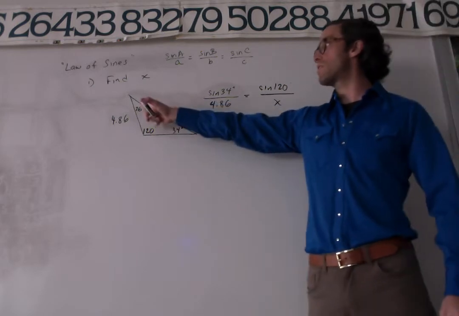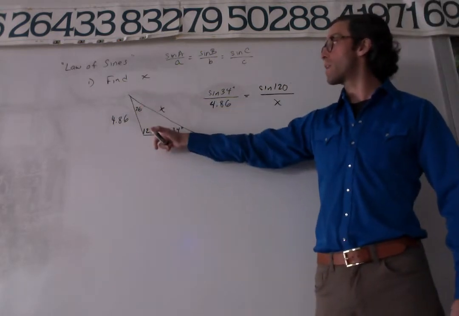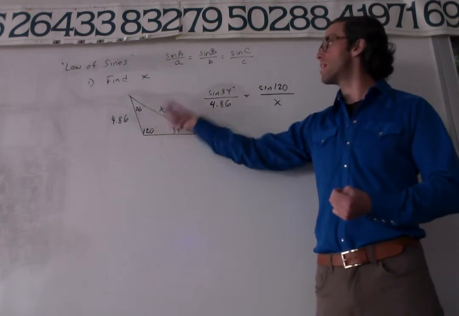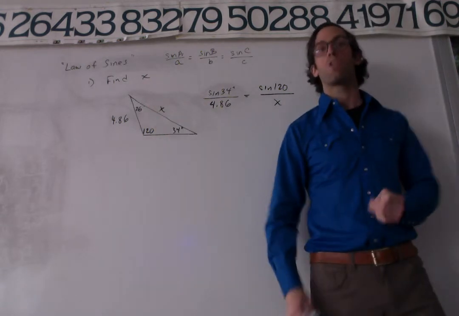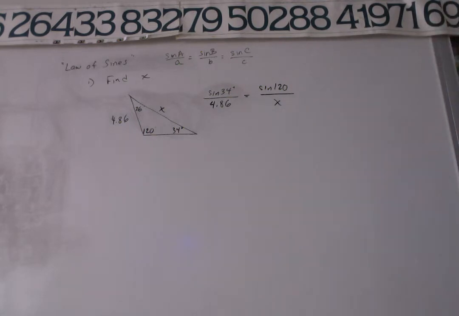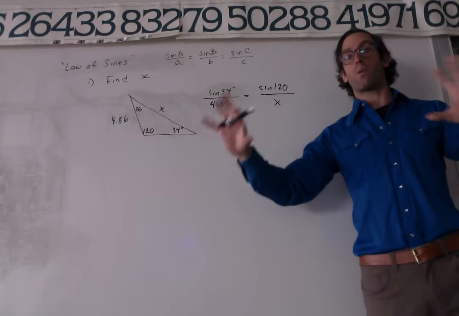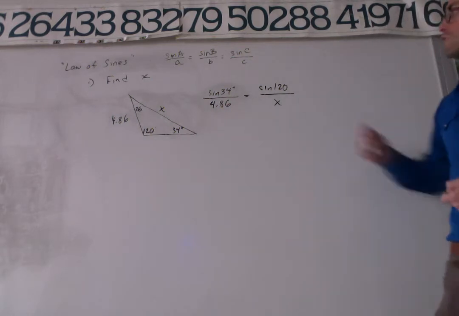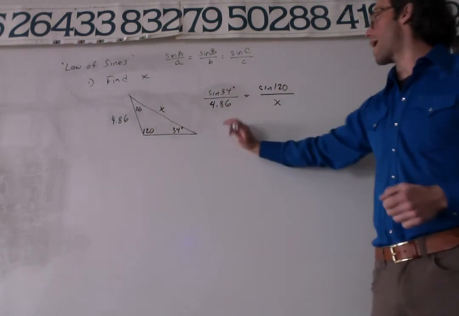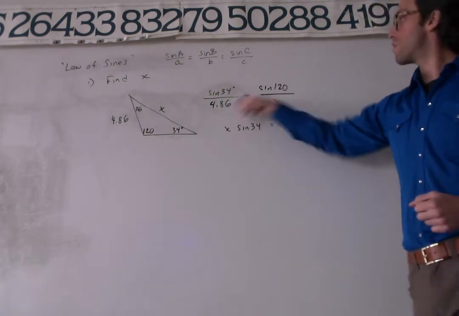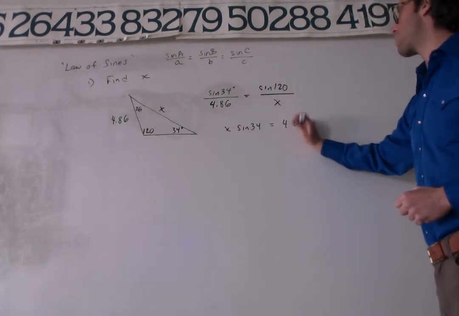So the only reason we needed 26 is to find this angle. And we needed that angle because the x was over here. The x was opposite that unknown angle. All right? So that's the equation we'll set up. As you might remember from other classes, when you're solving a proportion equation, we cross multiply. All right? So now we'll get sine 34 times x, or x times sine 34, equals 4.86 times sine 120,